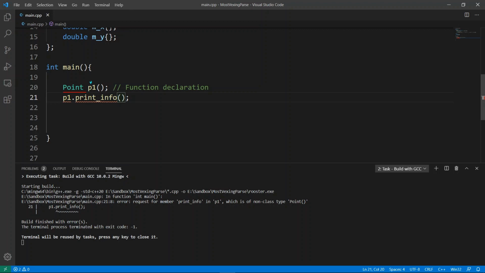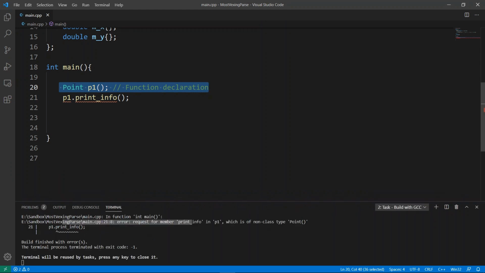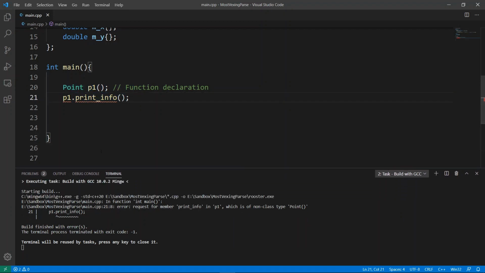We have the function name here, and we have the parentheses that signify that we want to call a function. So this could be interpreted like a function declaration by the compiler, and the compiler is going to think that this guy here is a function. What we're doing here is really trying to call something on the function name, and that's why we have this problem here. Please notice that we're going to get the same problem if, for example, we have a function called